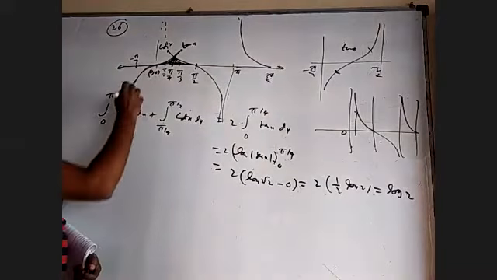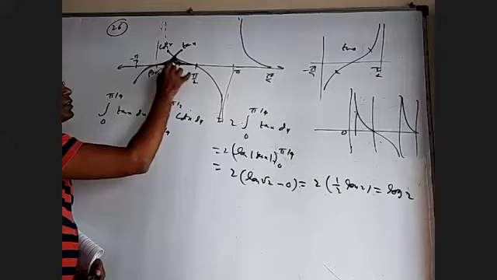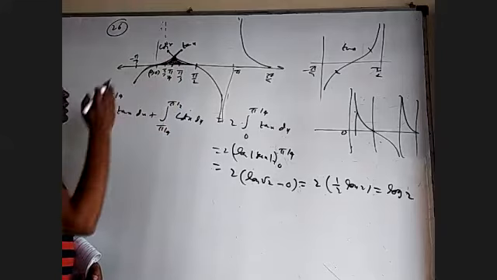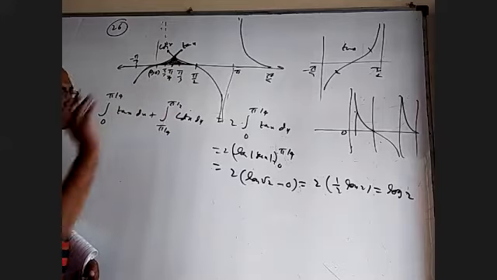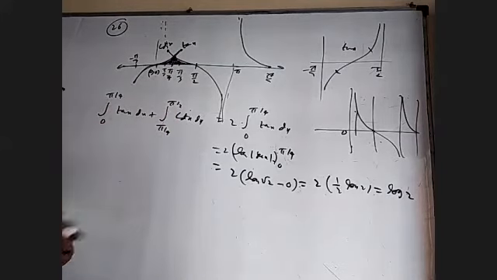Now if you see, this is one curve, this is another curve, and x-axis. So the area bounded by all three is this. They're intersecting at pi by 4. So 0 to pi by 4 under tan x, pi by 4 to pi by 2 under cot x. This and this are same. If you understand, you can write 2 times this.